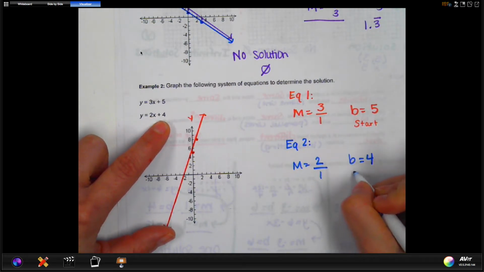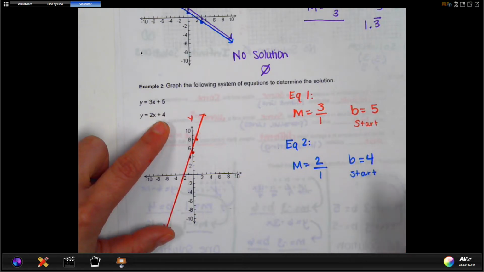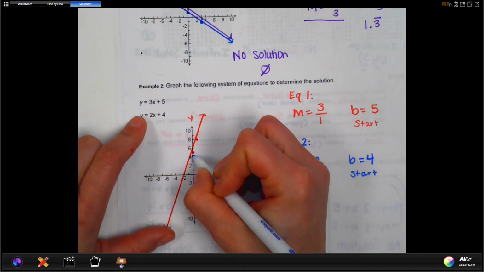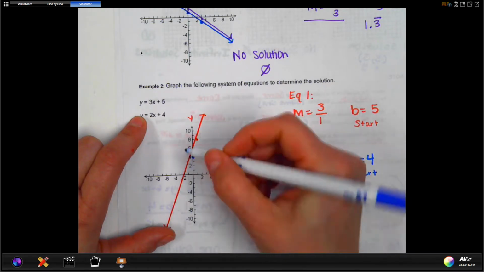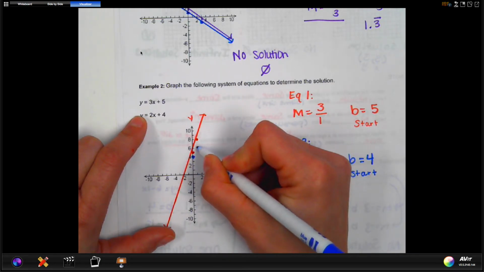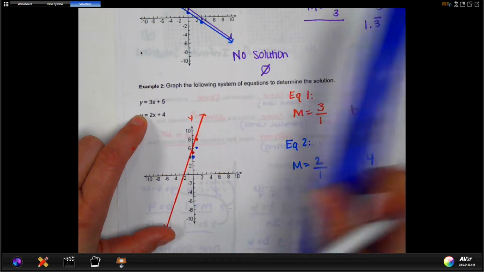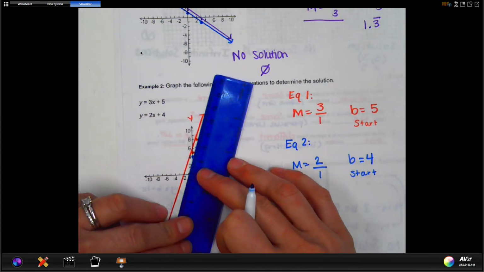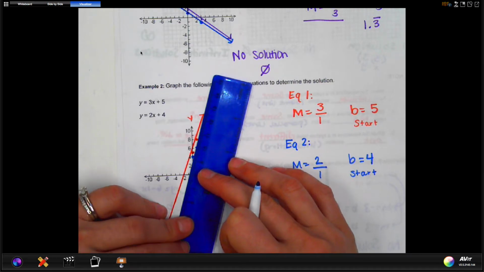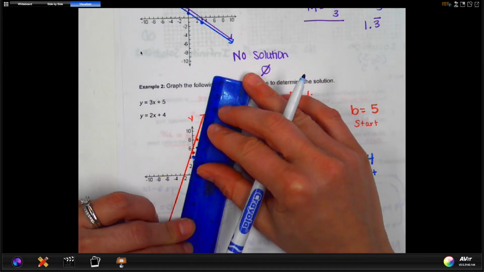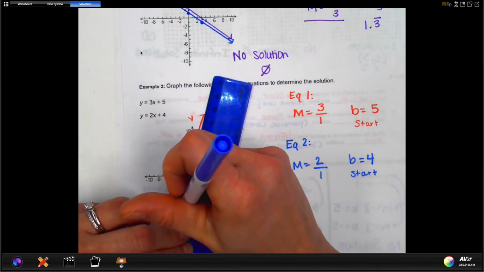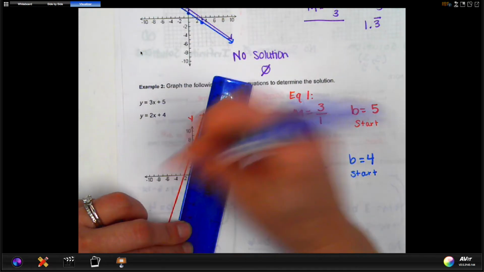I will start by graphing my y-intercept. So positive 4, 1, 2, 3, 4. Make the dot, and I'm going to rise 2, 1, 2, and run 1. And this time, we're going to go ahead and draw our line through here. And it's a little hard to see because I did not do a super good job